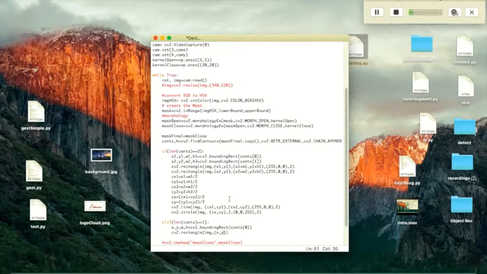x comma y comma x plus width comma y plus height, and 255 0 0 2. So this will draw the bounding box. And another thing that I want is to put a circle around the bounding box, so that will indicate that I'm holding the object. So for that I need to find the center of the bounding box. That will be cx equals x plus w by 2, cy equals y plus height by 2,